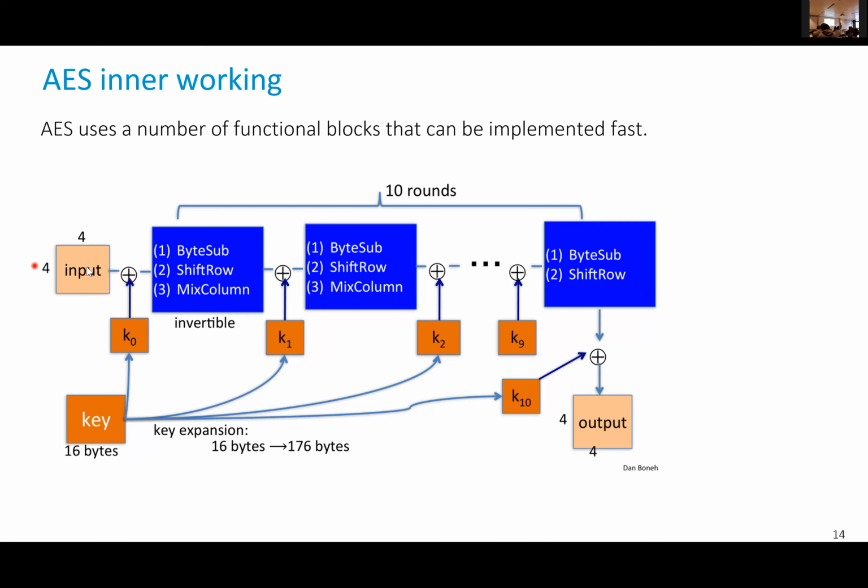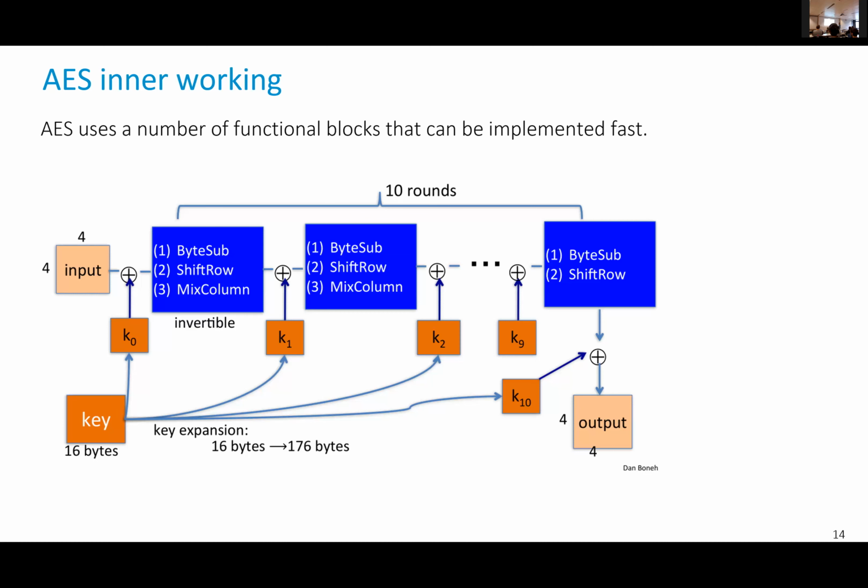If you take an input, which is a block of 128 bits, and the key, which is also 128 bits, then you XOR the input and the key. That gives you a first amount of shuffling. And then you do a number of operations that consist in writing this 128 bits in a matrix, and then not randomly, but according to an order that's derived from the keys that we have here. You shift the row and you mix the column, and you also do some other operations here, and you do that 10 times here. And you hope that by doing that, you've shuffled the thing enough so that it's impossible